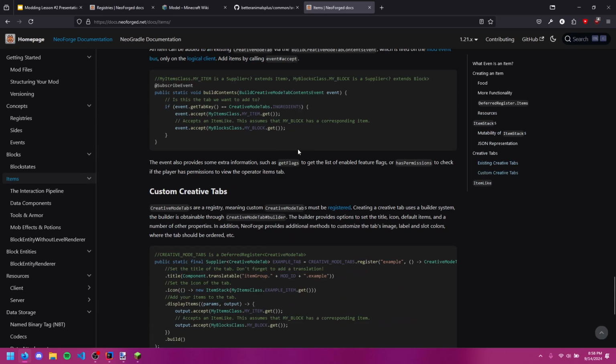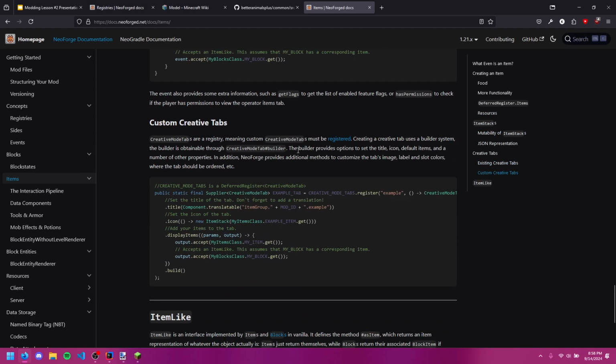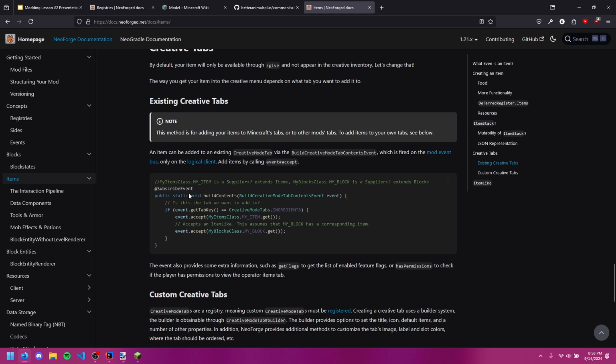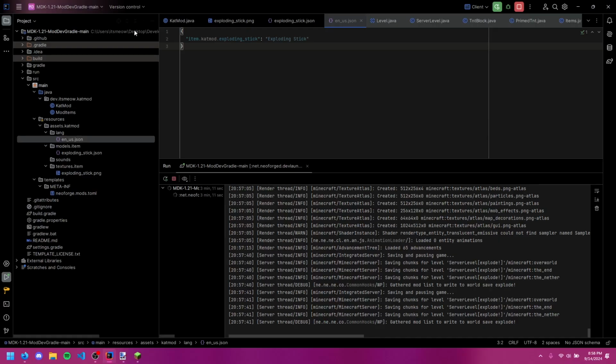Here it is. Creative tabs. Custom creative tabs. Or we can add it to an existing one. We'll add it to an existing one because I don't want to deal with it. So an item can be added via the build creative mode tab contents event. That's how it works on NeoForge, at least, which is fired on the mod event bus. Only on the logical side. I didn't know that. Okay. Anyway, it's on the mod event bus, which means that we have to subscribe it using